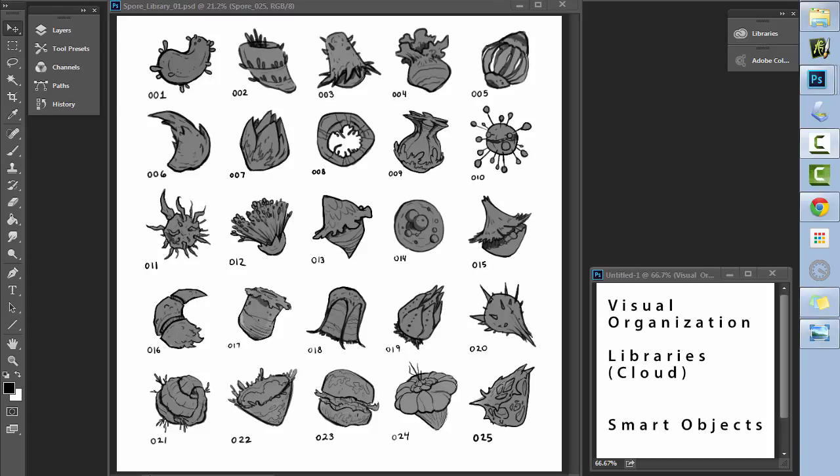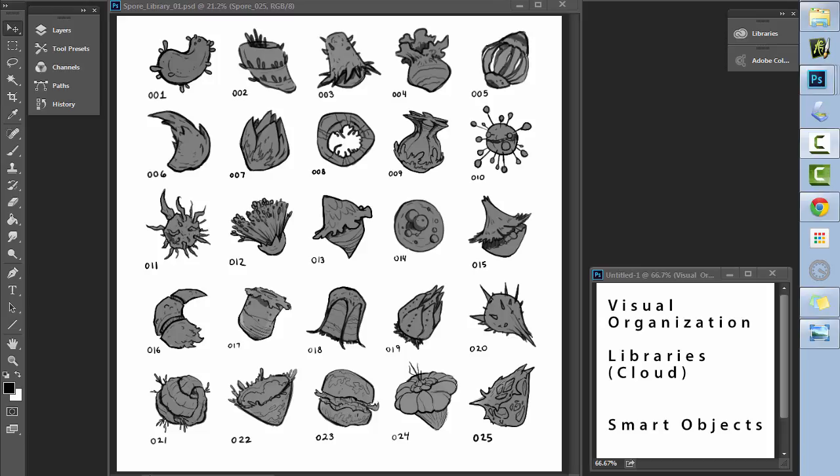Today we're not doing as much of a design-centered focus, but it's very applicable to anybody who is building a world or a large project, whether it's something interactive, it's a comic, anything to do with world building and a lot of visual assets. I'm going to use the features in CC, so the Creative Cloud in Photoshop, combined with smart objects. And I'm just going to show you how I'm laying out the spores for my project,